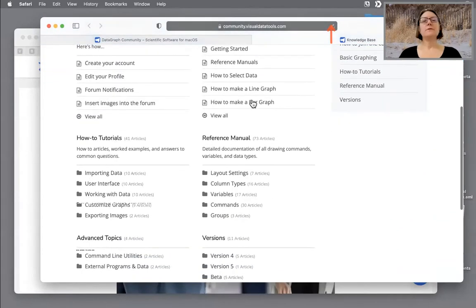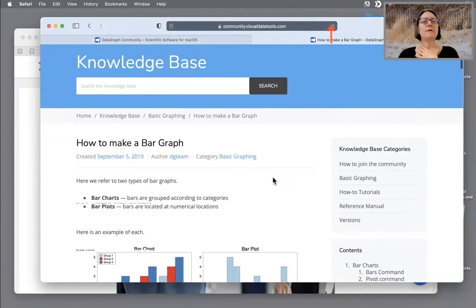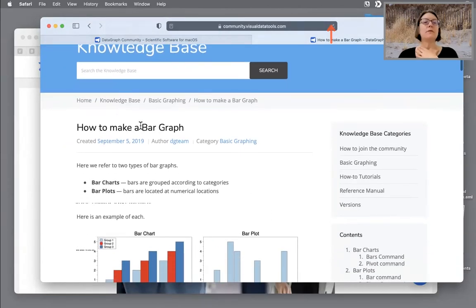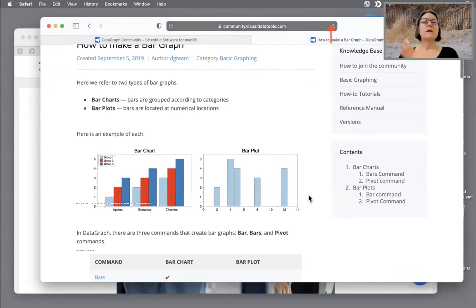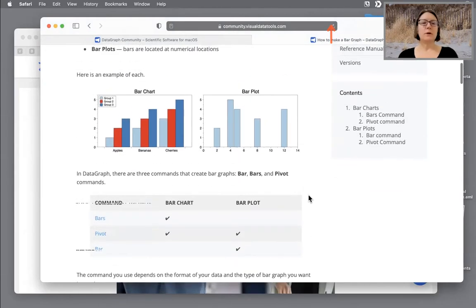Maybe it's under how to make a bar graph. Is that where I have this in here? I know I created this page. Yeah, so perfect. So if you go into the basic graphing section of the knowledge base and look at how to make a bar graph, you can just check back to this to reinforce what I've talked about,